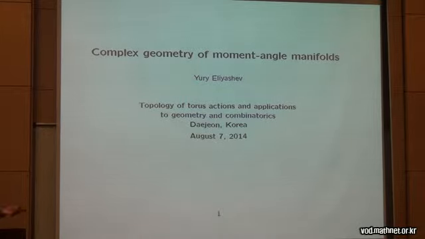So there is a question of how to describe the different algebraic geometrical invariants of these complex structures on moment-angle manifolds, and there were several works by different people who studied these questions. So first I will introduce the